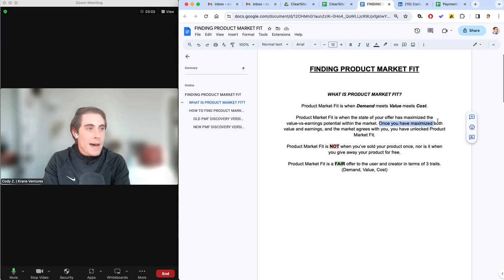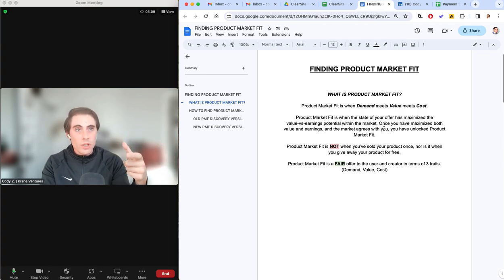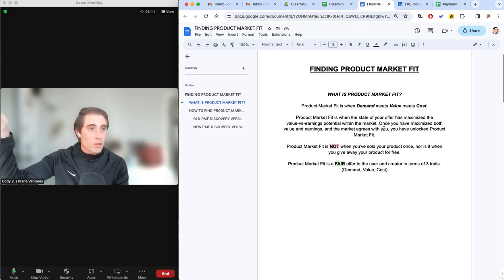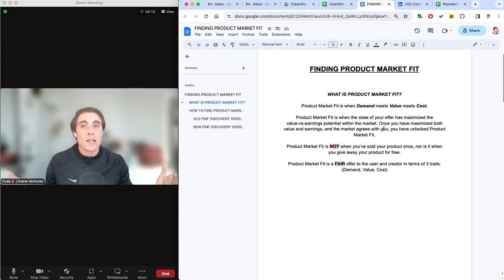Once you have maximized both value and earnings and the market agrees with you... just because you've got this golden cookie, if you price it at $1 billion, unfortunately, even though people might like cookies and might like gold, if the market doesn't agree with the price, then you still haven't found product market fit. You've just been on the product management, product development roadmap. It's not product market fit yet. But once the market does agree with you and you have maximized both value and earnings,